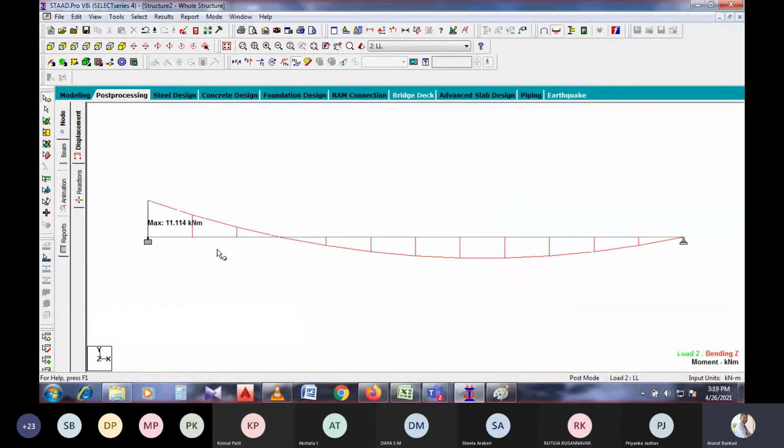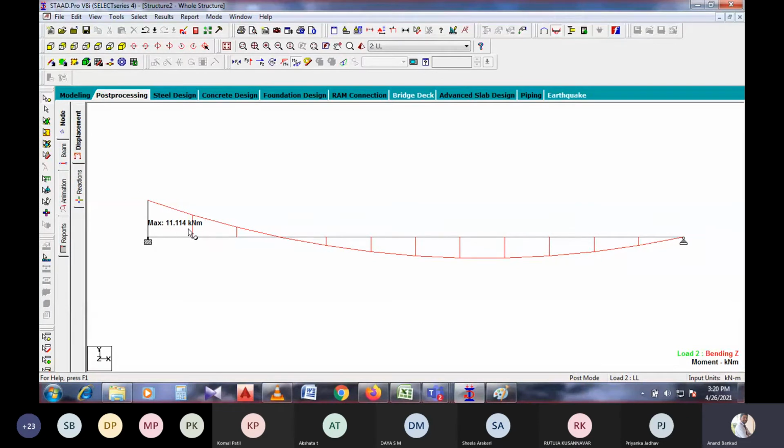So now you have got the maximum bending moment. So now can you calculate? 11.25. Yes, 11 point. Are you getting the maximum value of this one, 11.2? 11.25. Okay, WL square by 8, that is almost equal to 11.114.